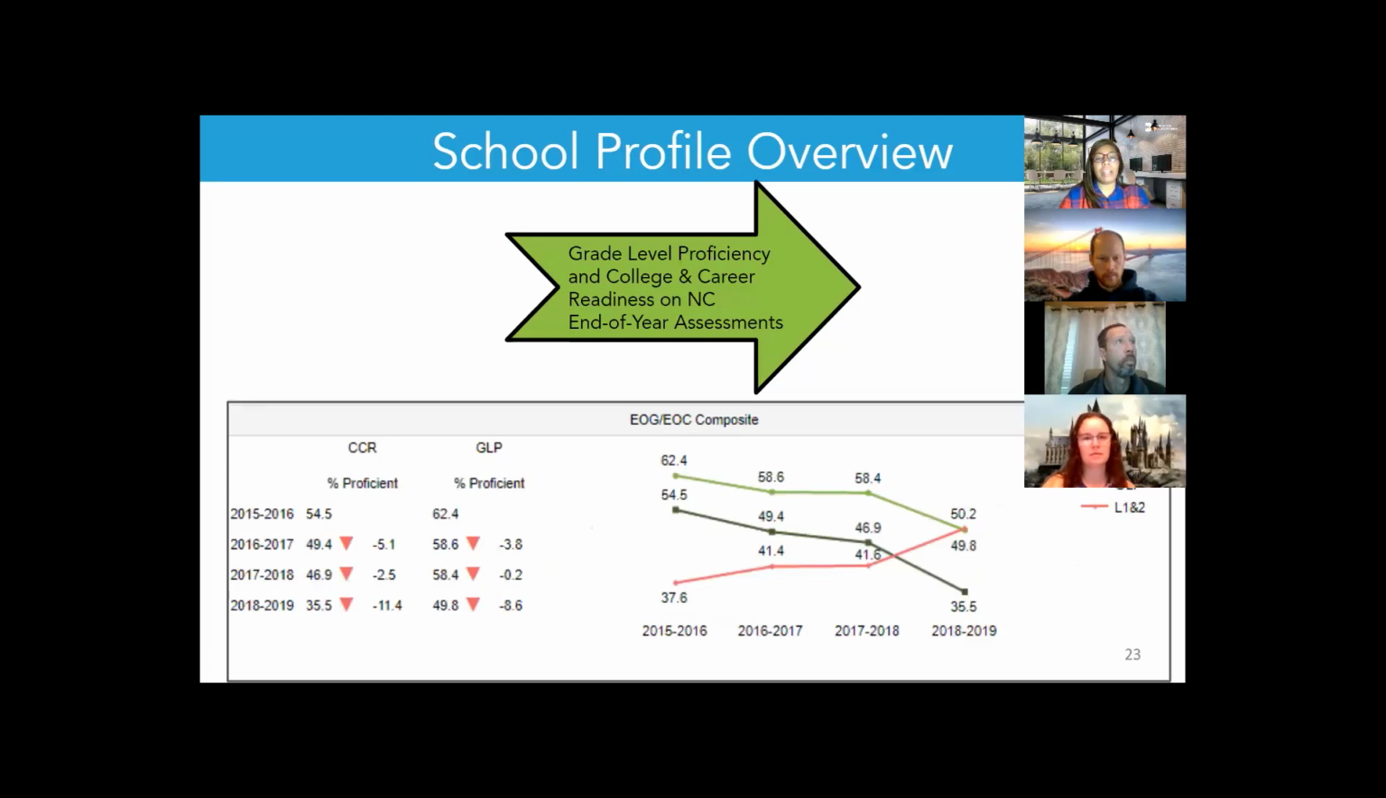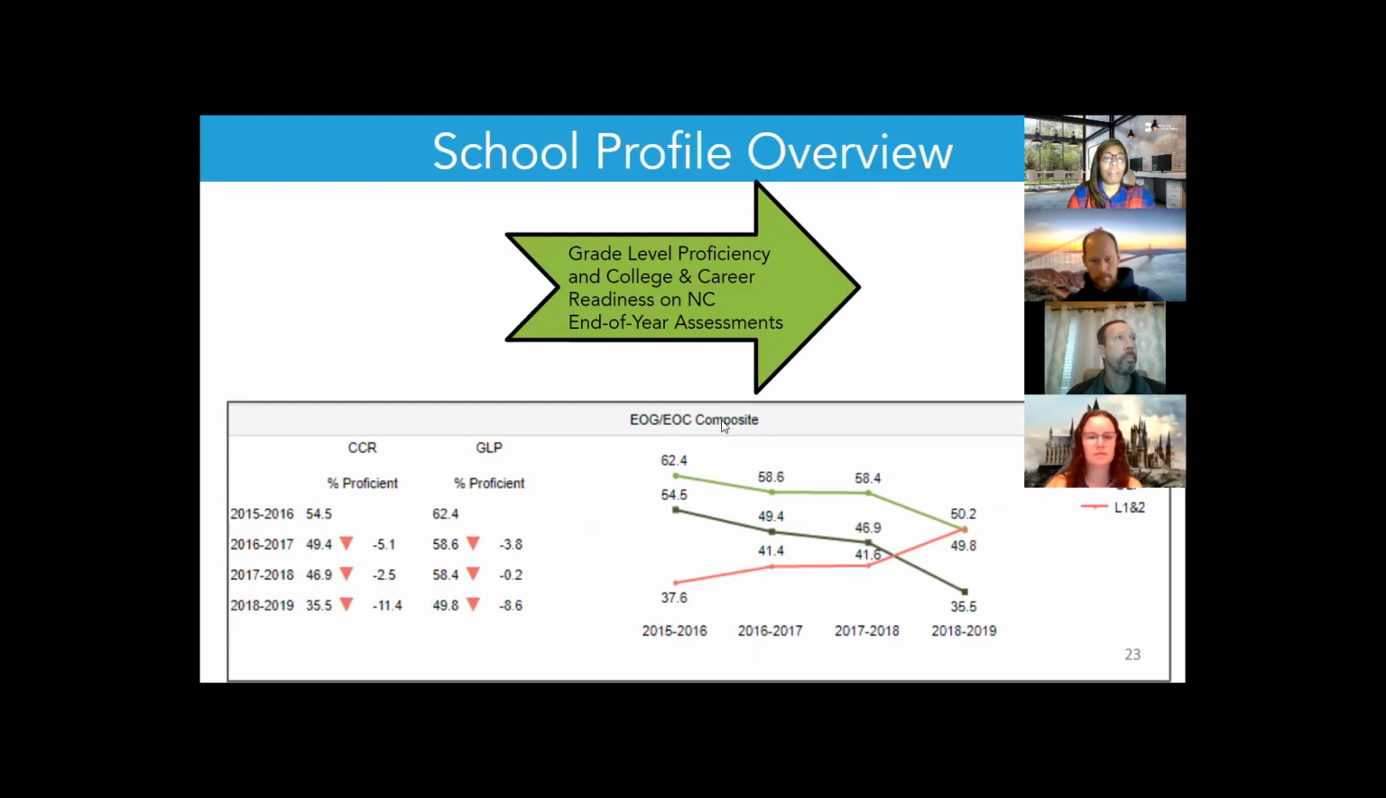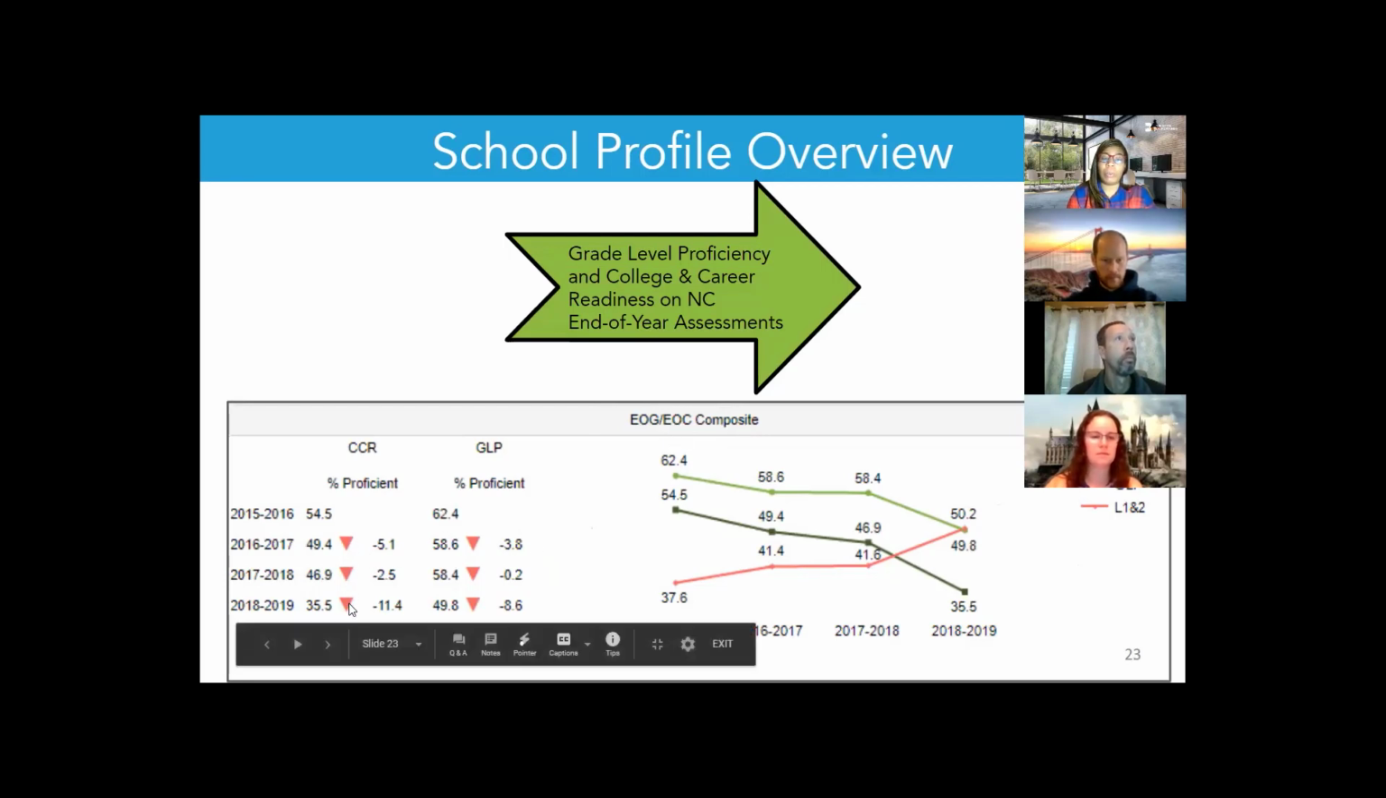And then you're going to get just trends of your EOG and EOC composite. And then underneath that, you'll have it broken down for each subject area. So you're able to see over time how has my school done. This here being overall with EOGs or EOCs, right? And so here the arrows, red down means that we dropped, obviously green up would mean that we made some improvement,